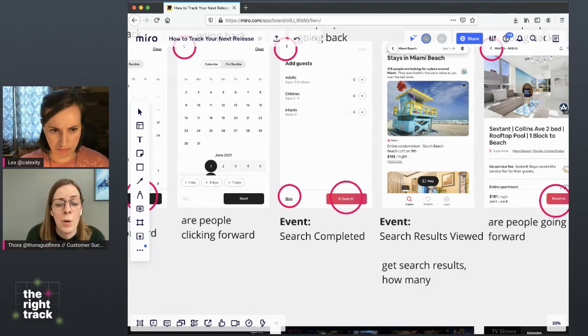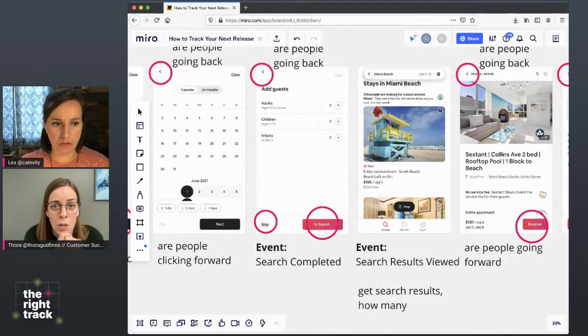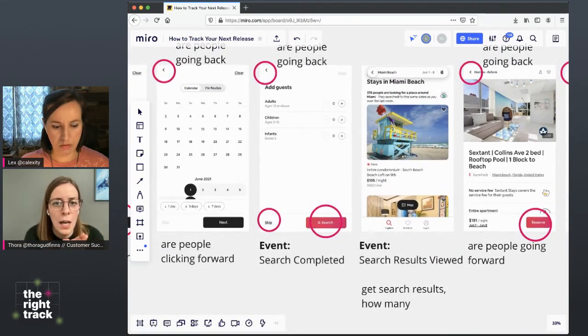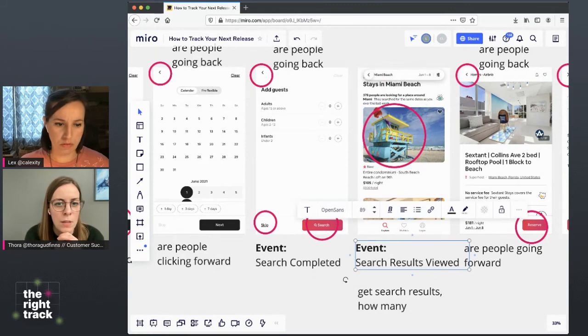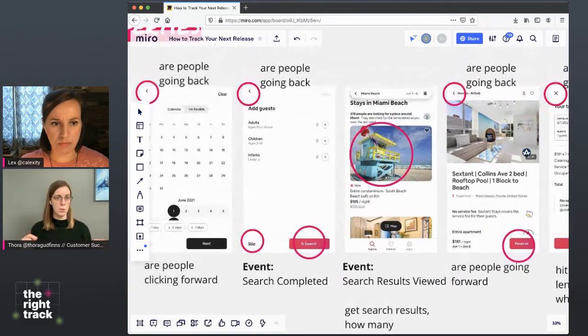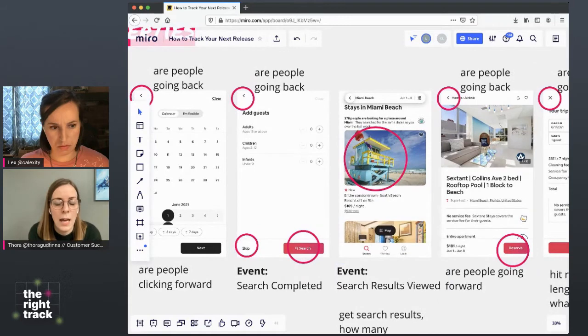And then probably something like search result interaction, something that indicates that you're interacting with a search result, because you want to also know that. Or it could be like a search detailed viewed or something like that. It depends on how you want to name it. But at least something that indicates you're interacting with the search results, because that is the intent of the user and the high level